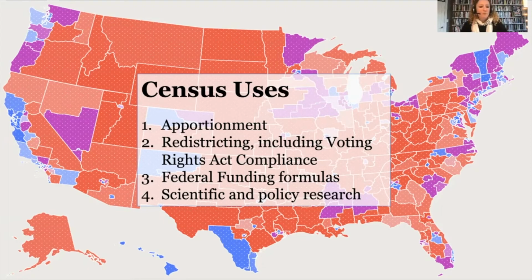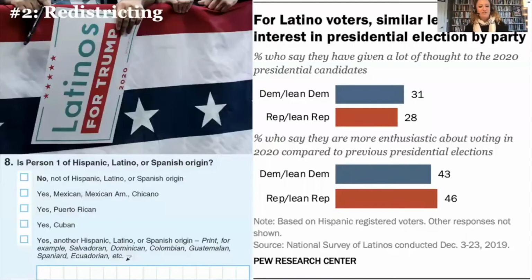And fourth are all sorts of other surveys, sampling frames, polling, et cetera, that use nationally representative data based on the census each year. Now, buried in number 2, the redistricting commitment and the determination to uphold the Voting Rights Act is a dirty secret that shapes both Republican and Democrats' redistricting. Both parties have stereotypes about those who mark the Hispanic origin checkbox. It's not accidental that when people are asked about Hispanic origin, they are to mark if they are Mexican,